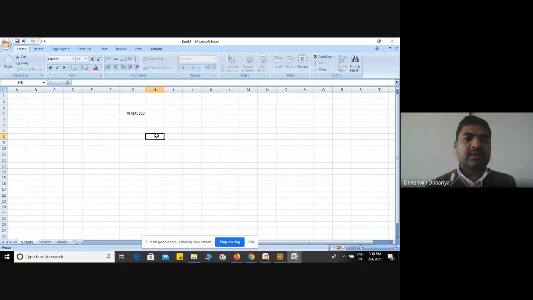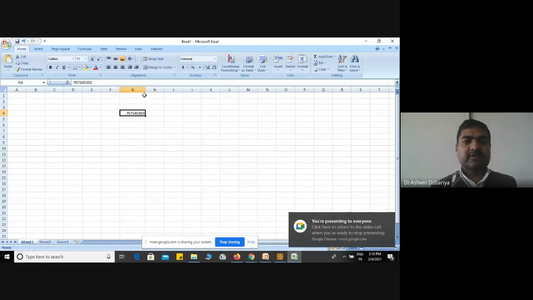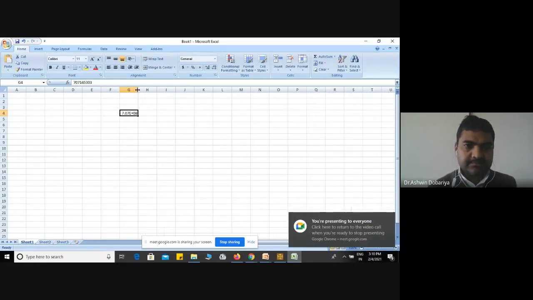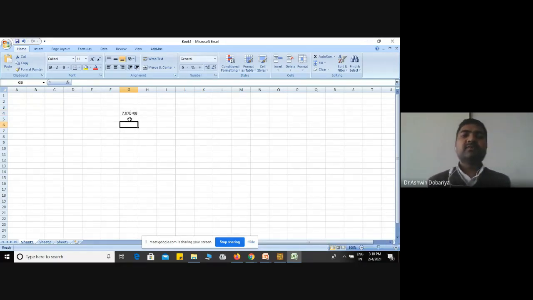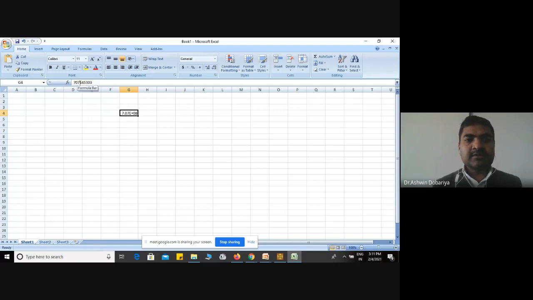Okay. So now see, right now it displays a decimal value, but now see what has happened. In which format does it convert? 7.07 E plus 08. The original number is this, but this is another way to represent the number, mostly the floating value number, right? This kind of format, where E means exponential format.